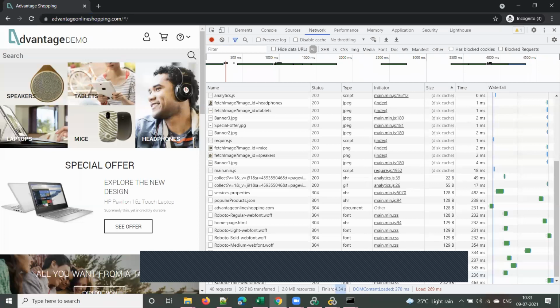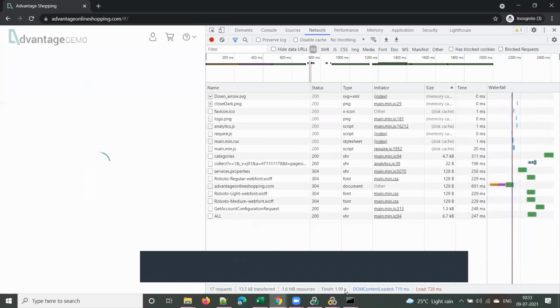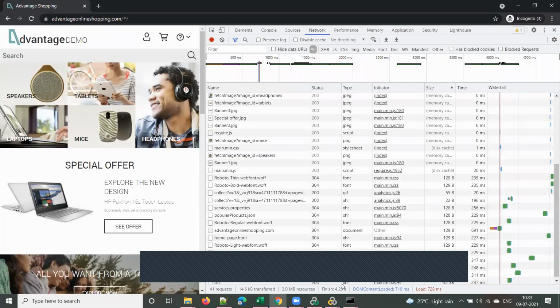See here, it's just simple common sense, right? The total time it is showing, the finish time, is 4.34 seconds, whereas the load time and DOM content load time are in milliseconds, right? Obviously, this should be your response time. If you want, let me clear this and do it again. Send a request. You can open a timer and see how much time it is taking, or else you can count in seconds. It took almost 4.5 seconds, 4.25 seconds.